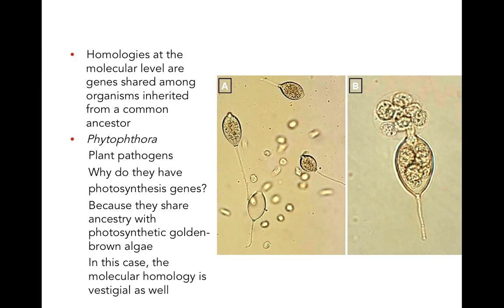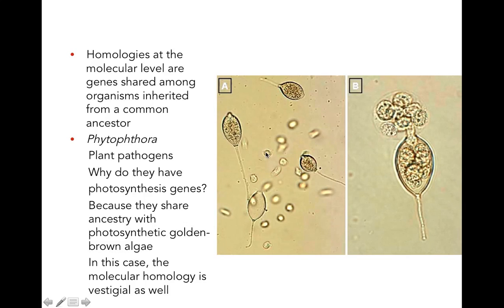We also see homology at the level of molecules. We can look at the DNA sequences of organisms and find genes that have a lot in common between organisms that share a common ancestry. So here are a couple of photomicrographs, light micrographs, of a plant pathogen, which is actually a protist, in the genus Phytophthora. Phytophthora is related to golden brown algae. And these Phytophthora plant pathogens